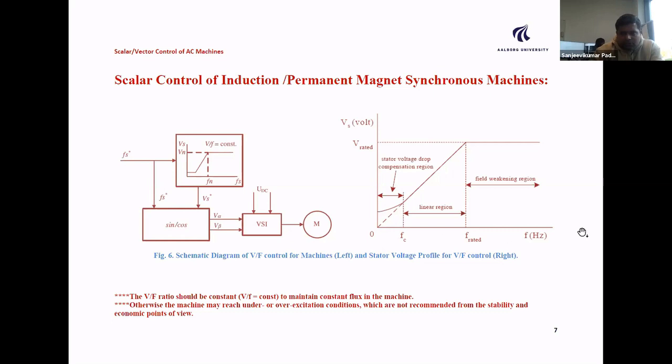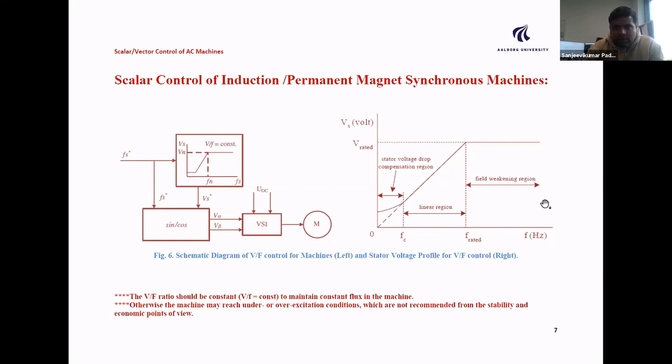So I'm going to control the frequency from 0 to rated, then above the rated. Similarly, we will have the voltage profile from 0 to the rated, then also above the rated, but we are most focused towards the rated value. And if you increase the frequency, what happened? The voltage never going to start at 0, because in DC machine or AC machine, you will have a residual mechanism. So there will be a voltage always available in your AC machine or a DC machine. So it starts with a minimum value, then increases with respect to the increase in the frequency, the voltage then reaches the rated value. Then still if you increase the frequency, you can keep the voltage constant, whereas the frequency is increasing.